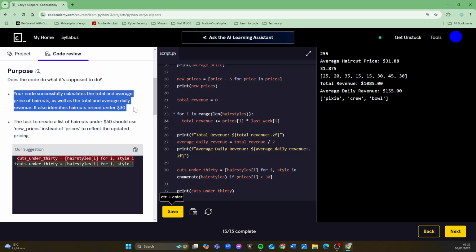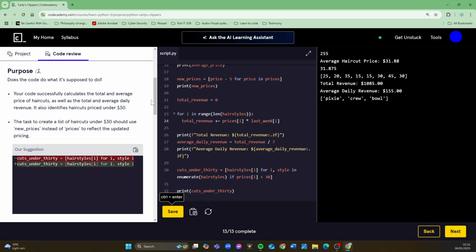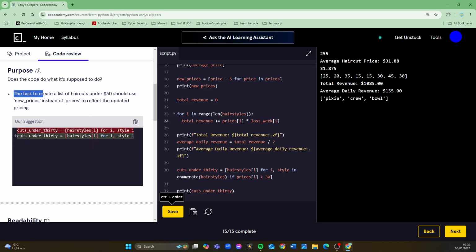So your code successfully calculates the total and average price of haircuts, as well as the total and average daily revenue. It also identifies haircuts priced under $30. The task to create a list of haircuts under $30 should use new prices instead of prices to reflect the updated pricing. So we made a mistake.